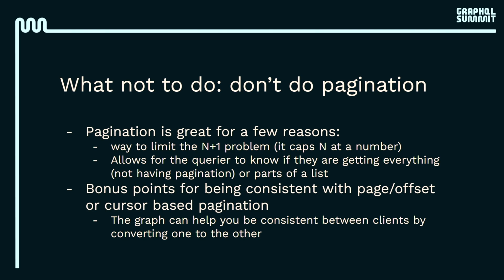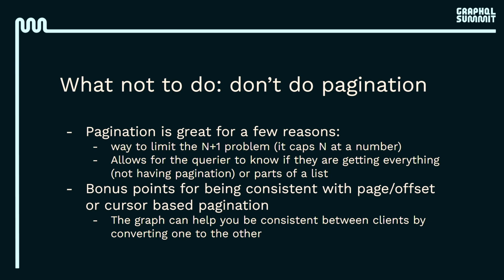The thing with pagination is we all have the n+1 problem in our graph. There's always a way that you can get another thing in a bigger data set and a bigger data set. Pagination is a great way, even if it doesn't work on your back end, just to do the middle ground, to say this is the top n I can get. This is as big as my data set can get. Which is just nice because then you can kind of stop that level, right? You can say, at most, this is my biggest thing.